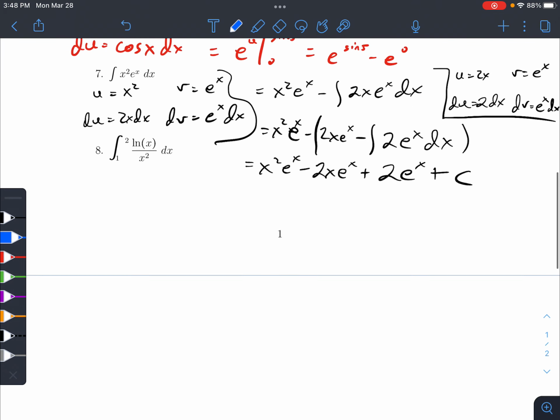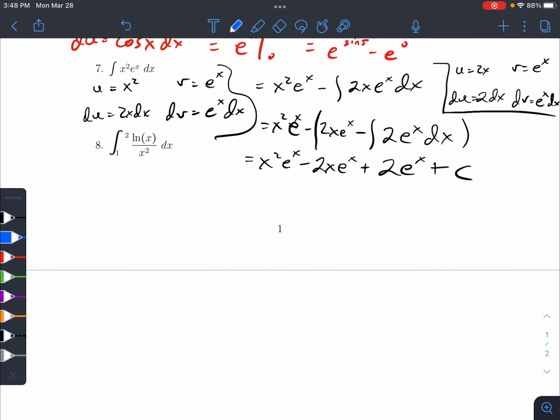All right, getting messy a little bit. We're gonna have to go into the next page here. All right,